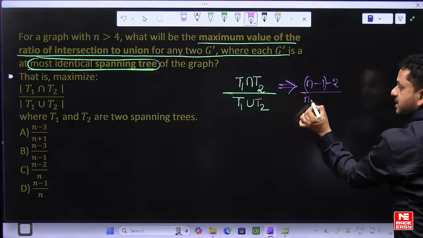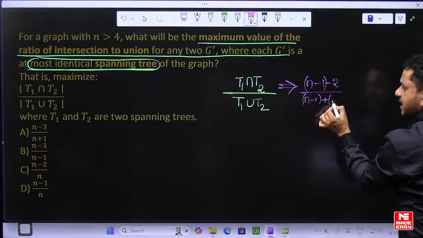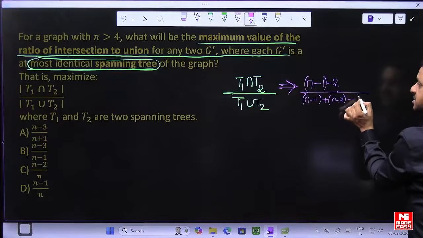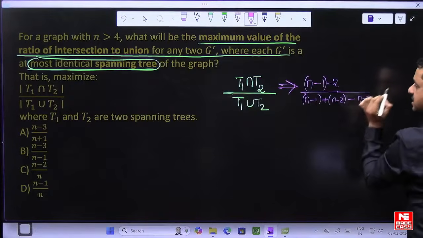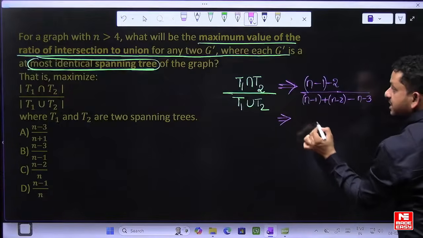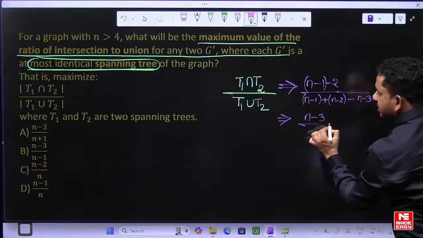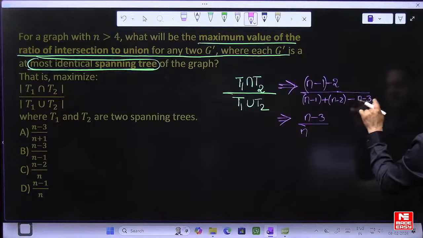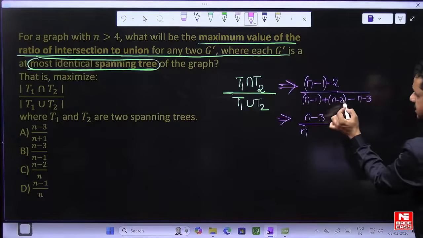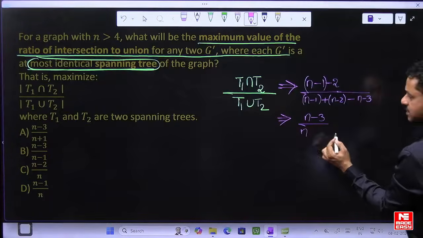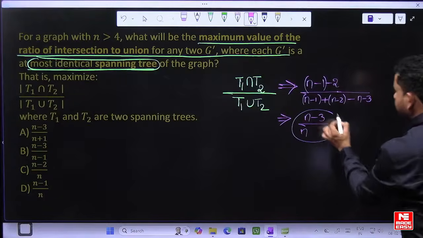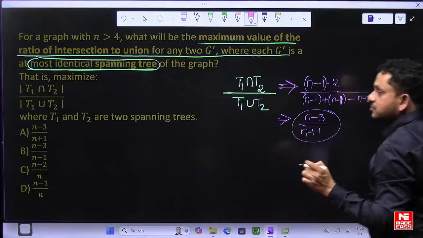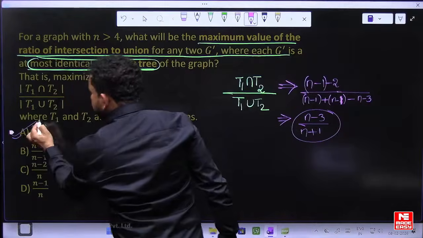So that means first spanning tree n minus 1 edges, second spanning tree n minus 1 edges. So T1 plus T2 minus intersection is n minus 3 edges in the numerator. The total ratio is n minus 3 divided by 2n minus n, which is n, so minus 3 plus 3 is 0. So n minus 3 by n plus 1. Is the answer n minus 3 by n plus 1 the ratio of these